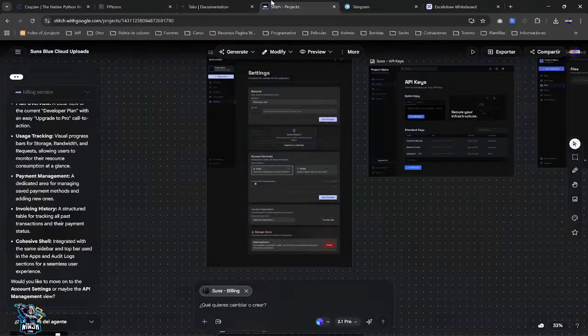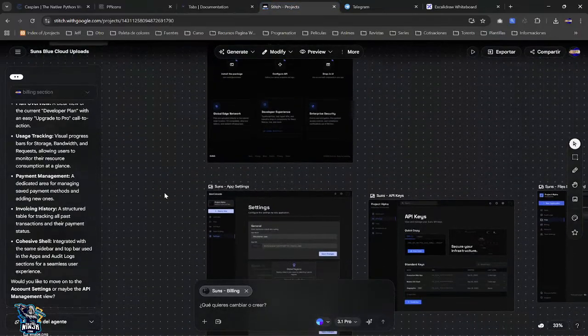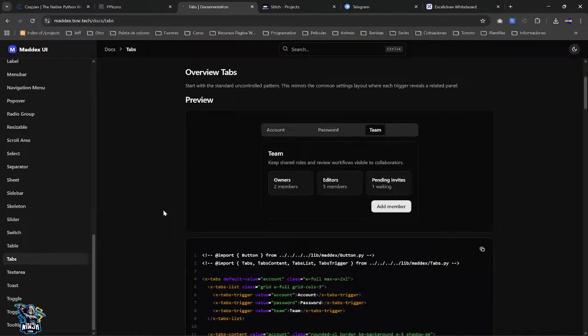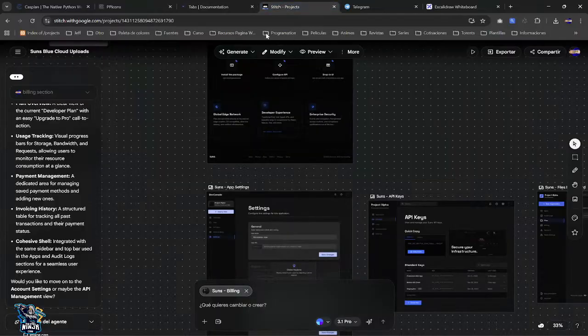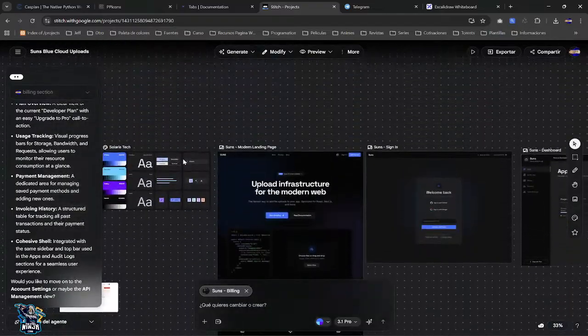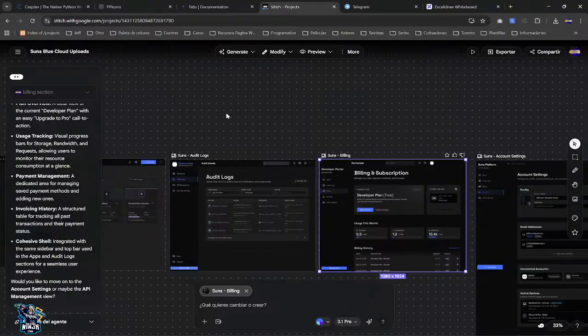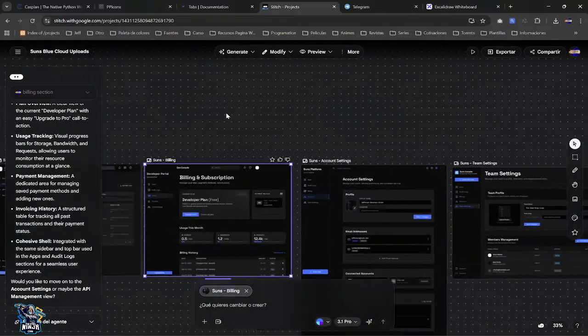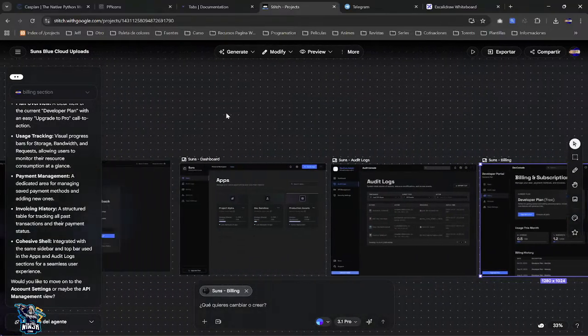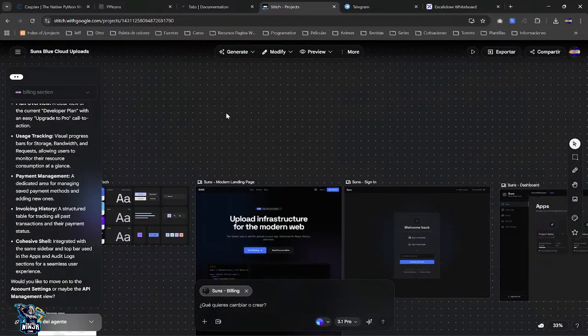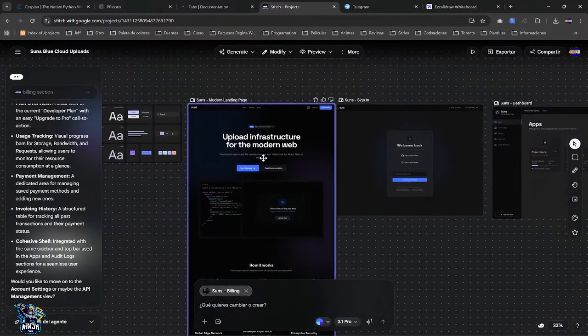Okay, I'm using Stitch in this case. Let's go to Stitch. This is a Google UI designer. So I have things like that, and what I'm doing is migrating this information from here to a real production-ready application, which is very good,